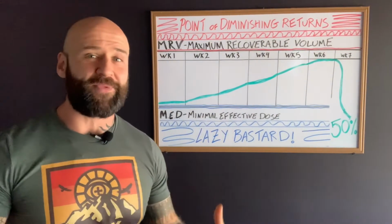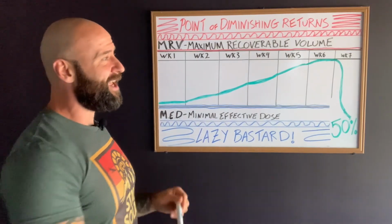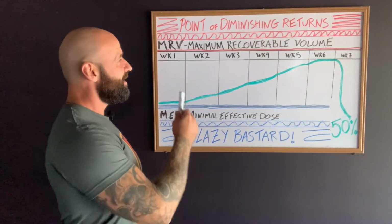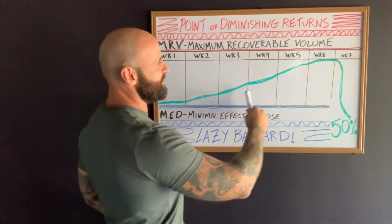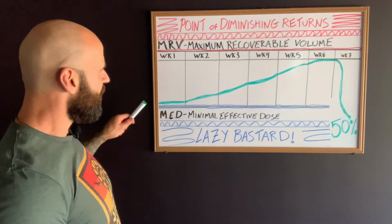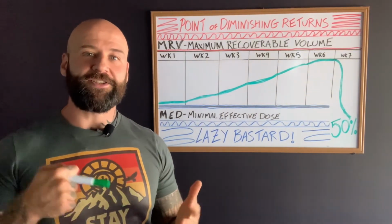The more weight you can push, the more reps you can crank out. You can switch up the exercises if you want to. You can switch up the rep ranges if you want to. I usually recommend staying in a similar rep range so you can continue to monitor progress. However, this is a periodized model, right? You're kind of ramping up to this peak season, this in season, followed by a post-season recovery phase. And then we're gonna go kind of ramp it up into a pre-season peak, recover, recycle, rinse, repeat,